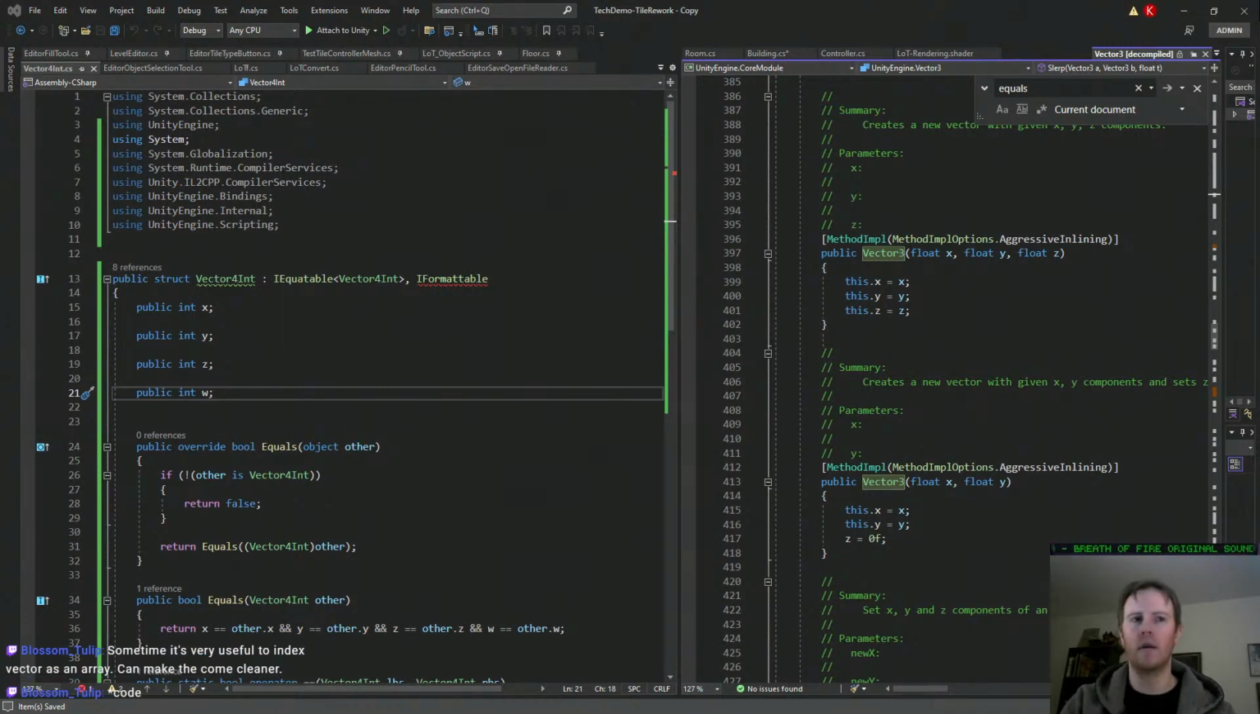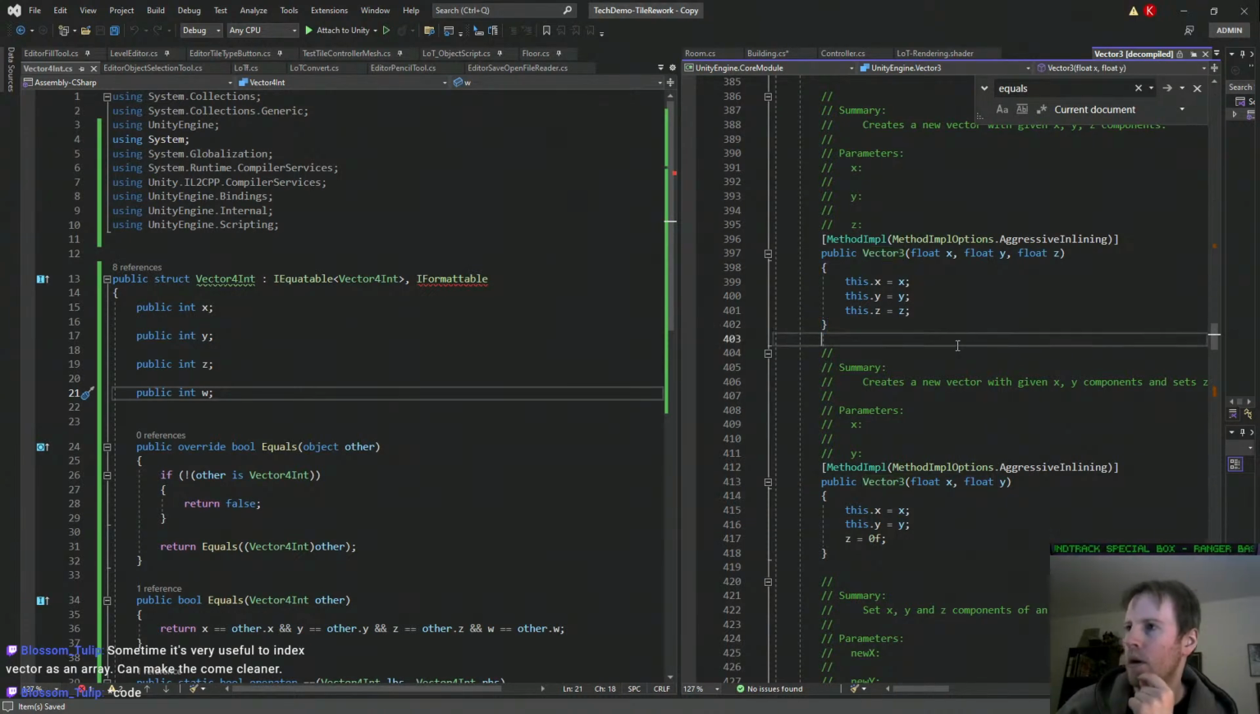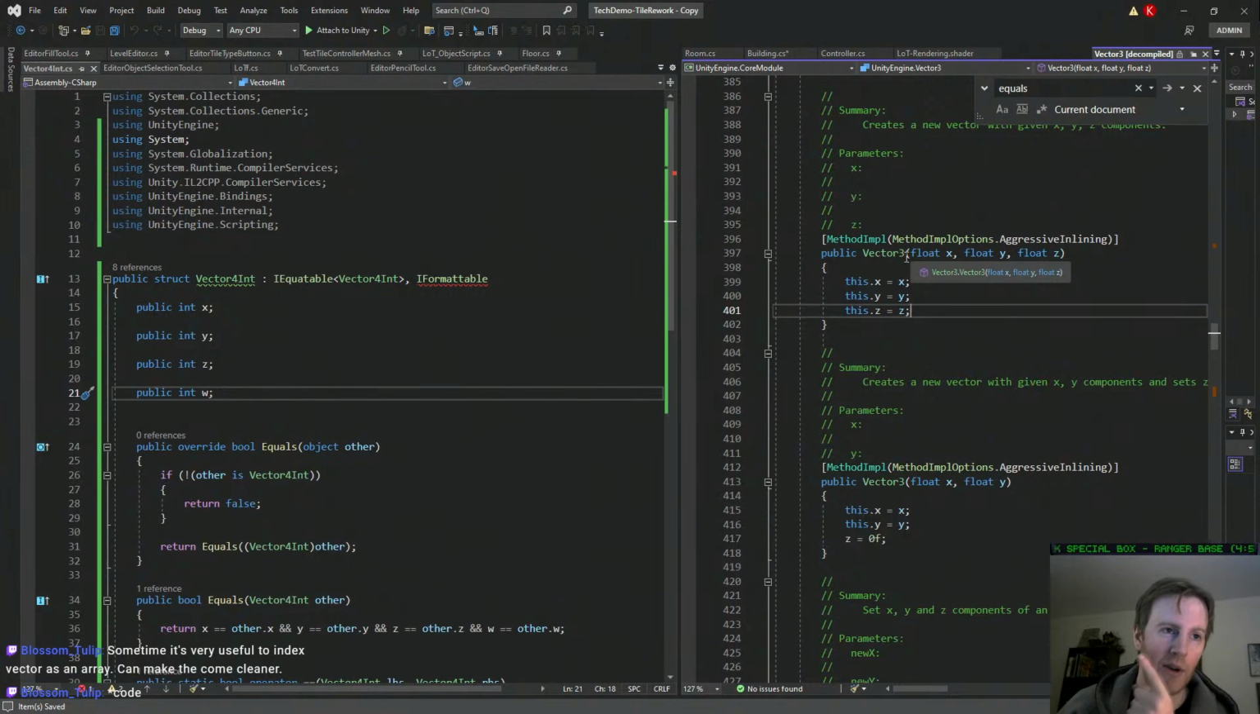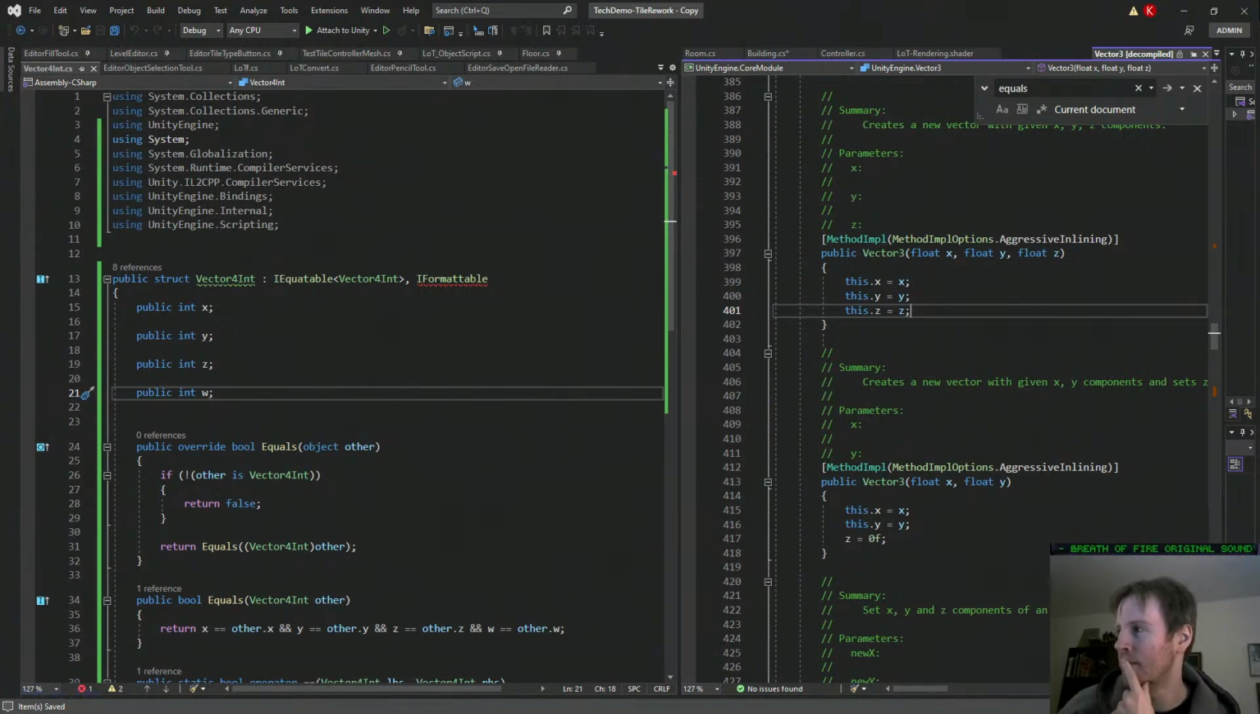Aggressive inlining. Sometimes it's very useful to index a vector as an array and make the code cleaner. Yeah, I mean, sometimes. I've seen it sometimes. Like, once it's been useful. But otherwise, you've got the XYZW, and that's generally how you want to use it, right? But